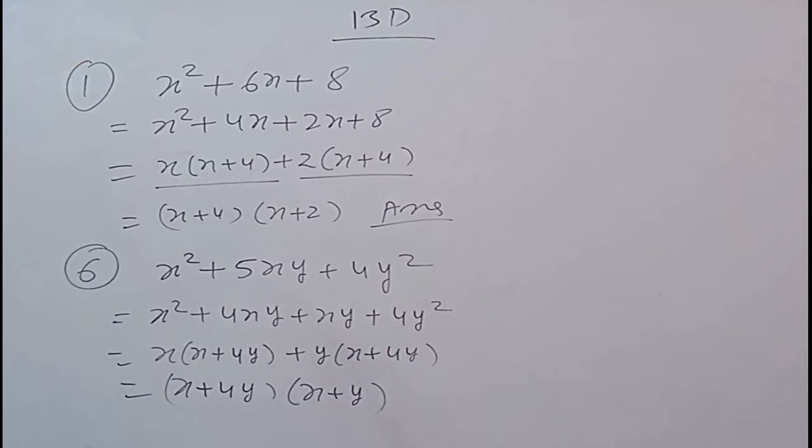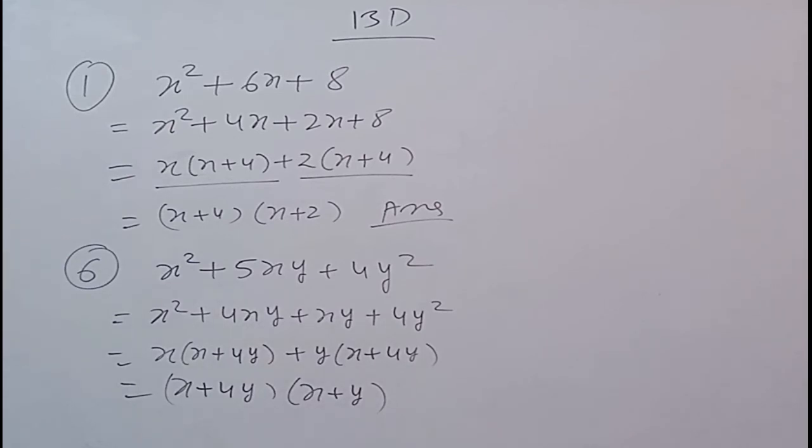So now we will make pairs. x square plus 4x, we take the common x. So we will write x plus 4 inside the bracket. In the second pair we have the common 2. So take the 2 common, we will get the x plus 4. Now we have again two terms. In these two terms we are having the x plus 4 common. So take out the x plus 4 common, and inside the bracket we get x plus 2. So now the question number 1 we will solve in that manner.